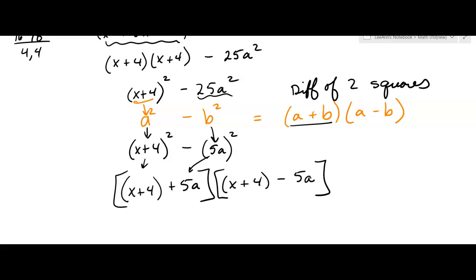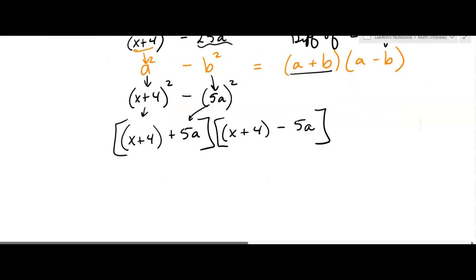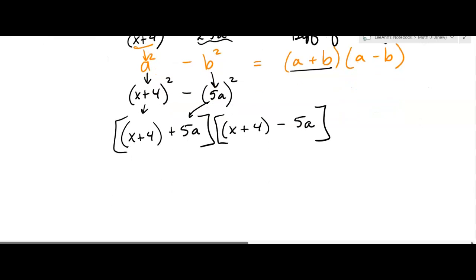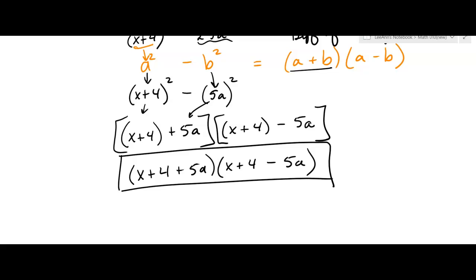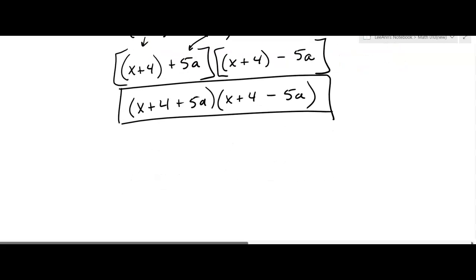That was confusing. Okay, you can multiply it all out and everything. We can write this just a little bit cleaner. We don't need the brackets, actually. So we can write x plus 4 plus 5a times x plus 4 minus 5a. Now, I wasn't going to multiply this out to show you. This is the answer. But I think I will, because I don't know that we've ever done a trinomial times